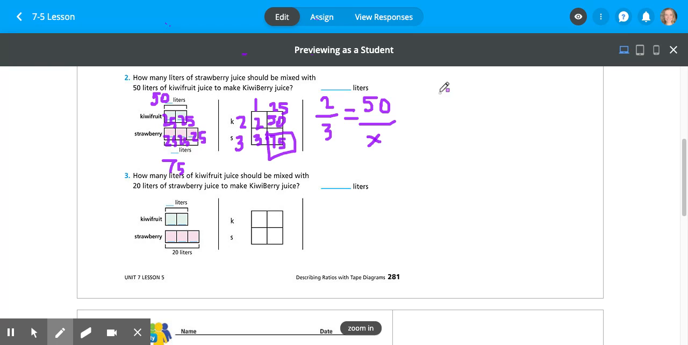So I'm going to write our equation over here. We have 2x equals 50 times 3. So 50 times 3 we know is 150. And we need to divide 150 by 2 because that's our number over here. So 150